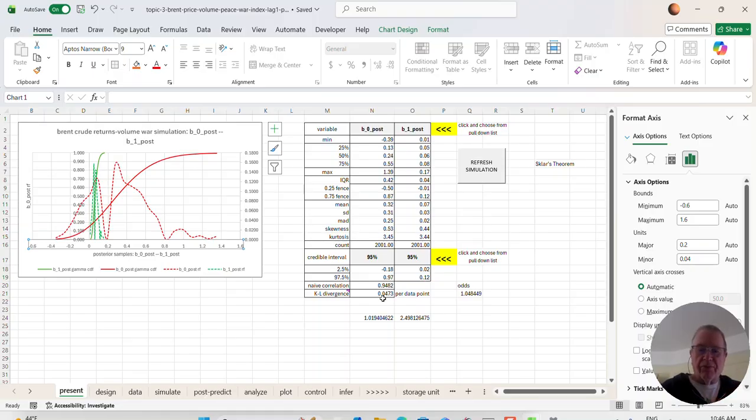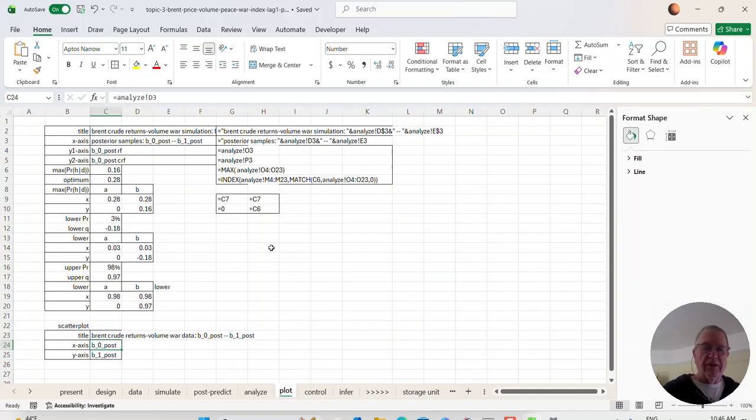So we've done a walkthrough of just about everything. The only thing I don't think I looked at was this. We still have some work to do here. I'm trying to build a scatter plot. So again, professionalize your